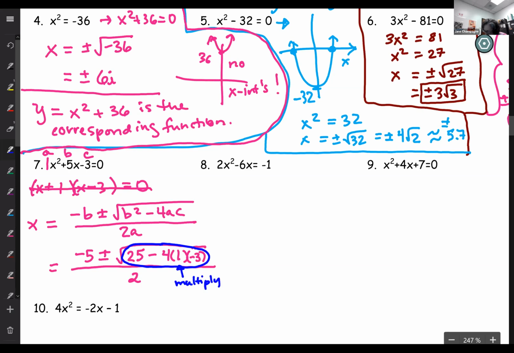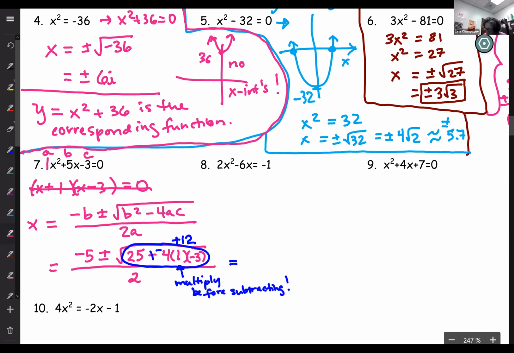Multiply before subtracting. A lot of people want to do 25 minus 4 first, but you can't. So negative 4 times 1 times negative 3 actually gives you a plus 12, doesn't it? You take that minus, put it with the 4. So 25 plus 12,